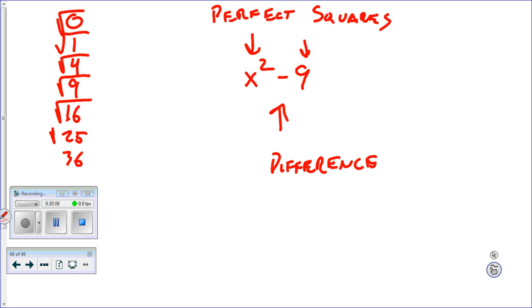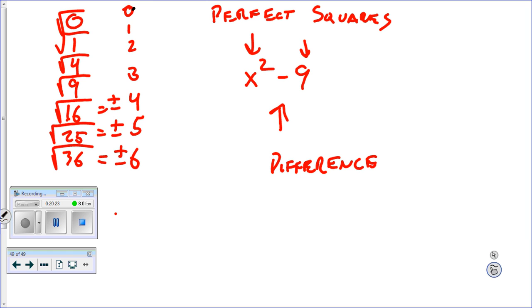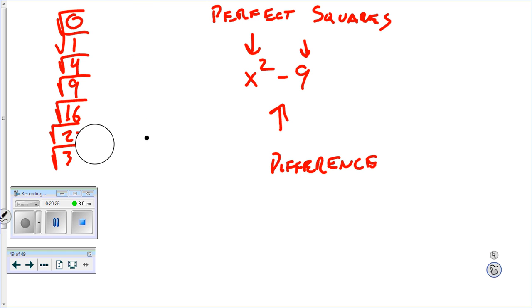I thought when I explained this to Gabi on the phone the other day, she had a fantastic answer. She was like, they're the ones I put in my calculator and they give me a number, which I thought was great, okay? So again, remember this is positive negative 6, positive negative 5. Okay, big thing is you have to remember that there's two answers, positive negative 4, and 3, 2, 1, 0, okay? But also remember,